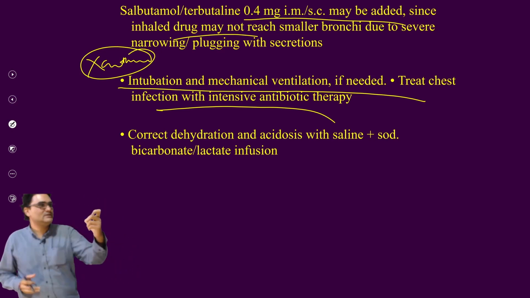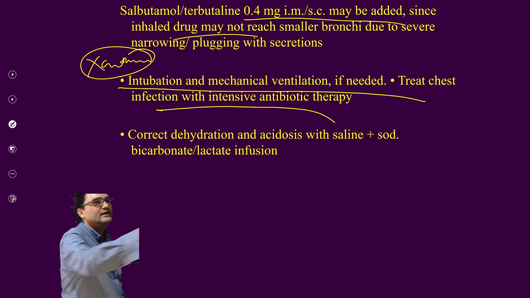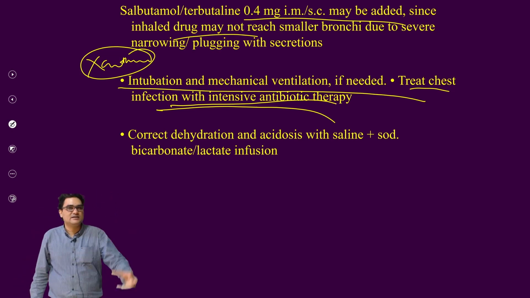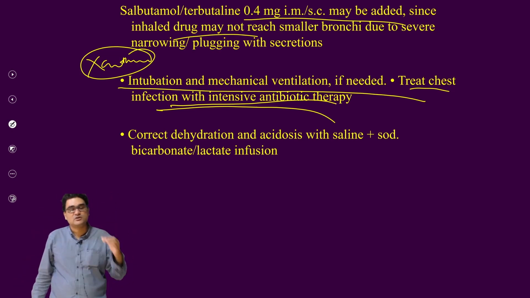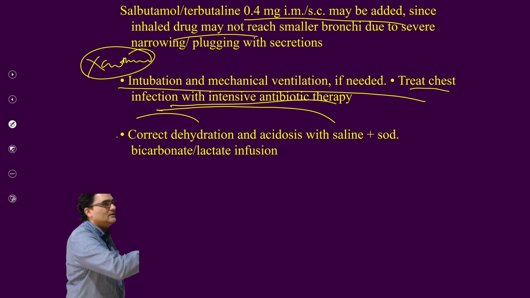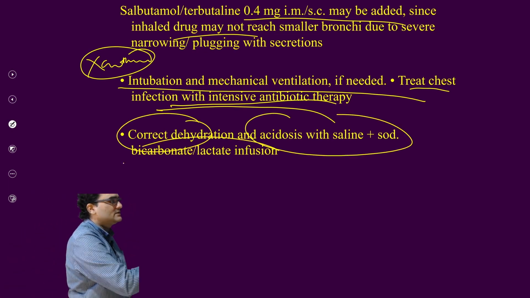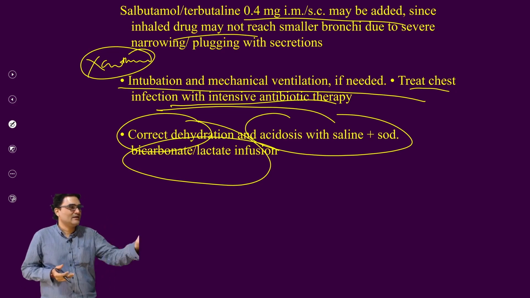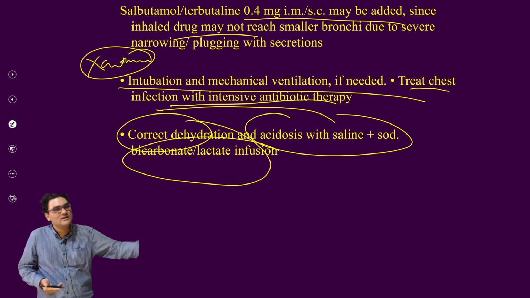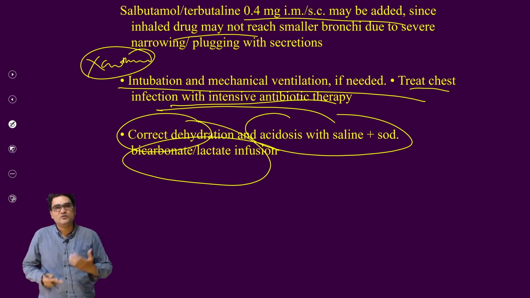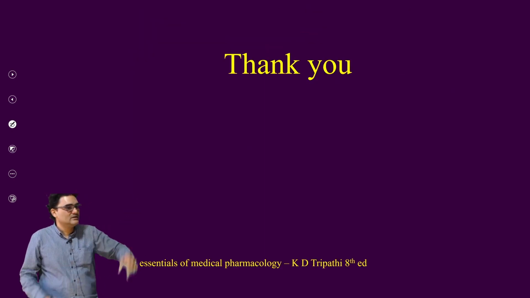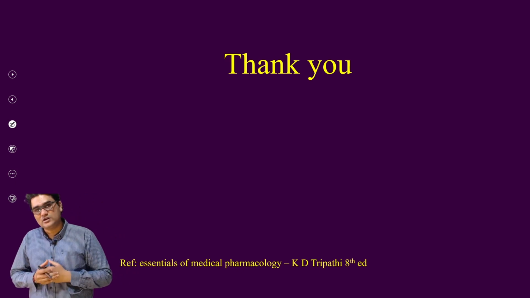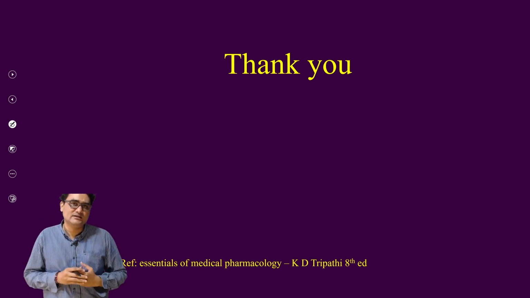What is the cause? If it is secondary to any infection, treat the chest infection which is causing this by giving antibiotics. If there is dehydration, which is commonly seen, treat dehydration. And respiratory acidosis, treat that with the help of IV fluids like normal saline and sodium bicarbonate. So these are all the group of drugs which are used in the treatment of status asthmaticus. So this is about bronchial asthma. So as I said, try to understand the concept first and gradually you can understand the drugs which are used.